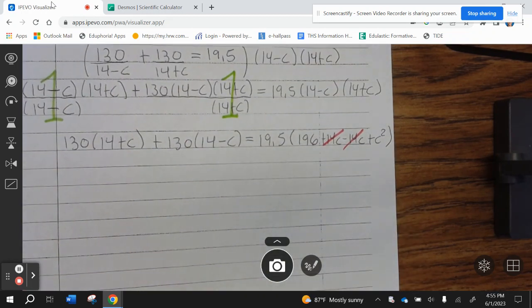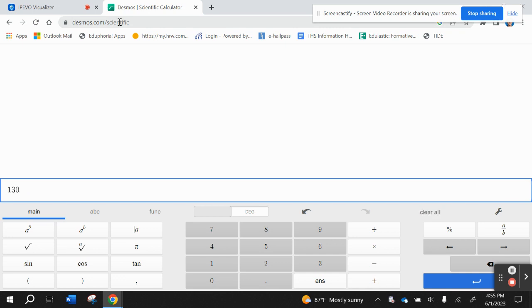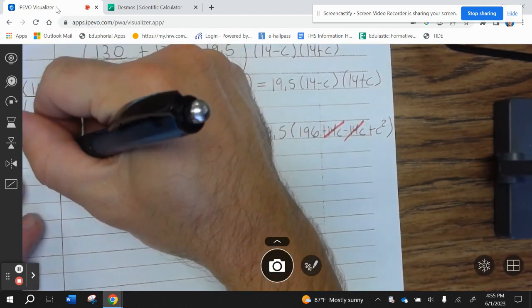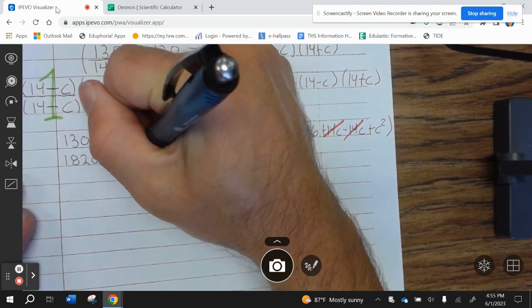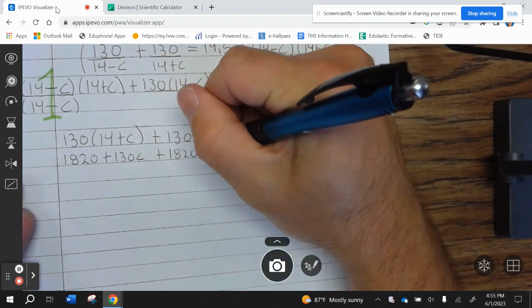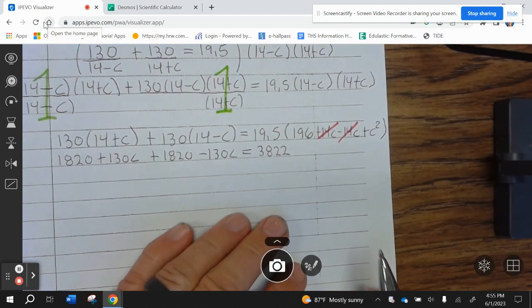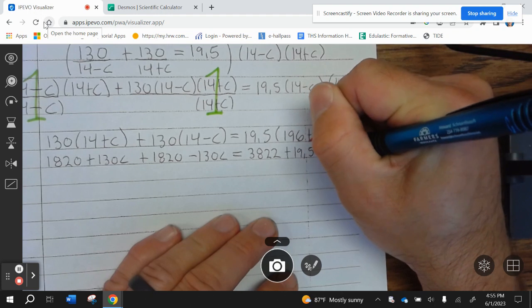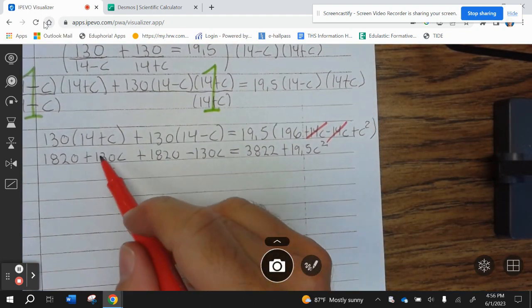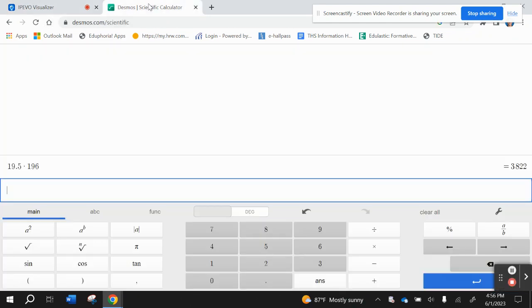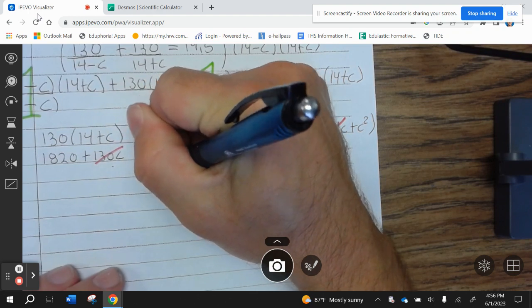Okay, so now let's distribute. So what's 130 times 14? It's 1820. So that's 1820 plus 130C plus 1820 minus 130C equals, now we need to multiply by 19.5. 19.5 times 196 is 3822. And then plus 19.5 C squared. Now, 130C minus 130C cancels. 1820 plus 1820, I believe it's 3640, but let's double check. 1820 plus 1820 is 3640. So you get 3640 equals